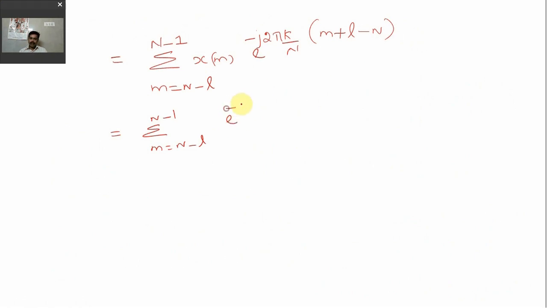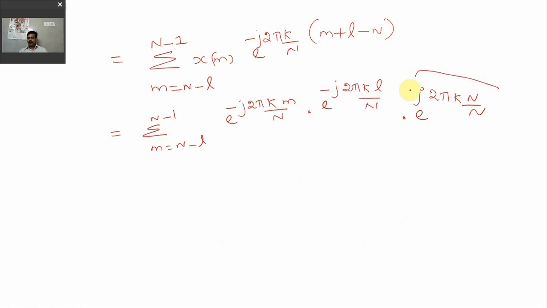So e to the power minus j 2 pi k by n into m into e to the power minus j 2 pi k L divided by n into e to the power j 2 pi k n divided by n. But e to the power j 2 pi k n divided by n will cancel and you will be